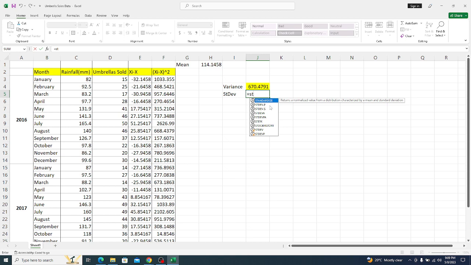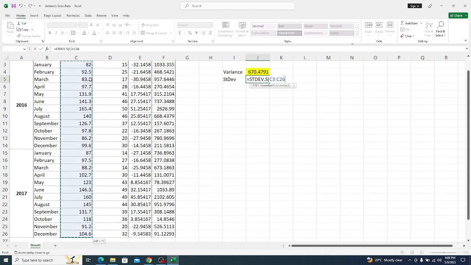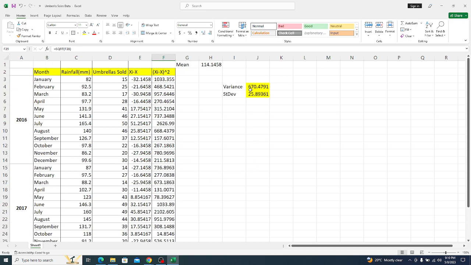It can be a population standard deviation for a population, and also for sample data. Okay, so let's now go for sample data since we are dealing with sample data. For sample data, you'll just use dot sample and then highlight your data set. If you highlight your data set, you can see now we are getting the same value. Exactly the same value,